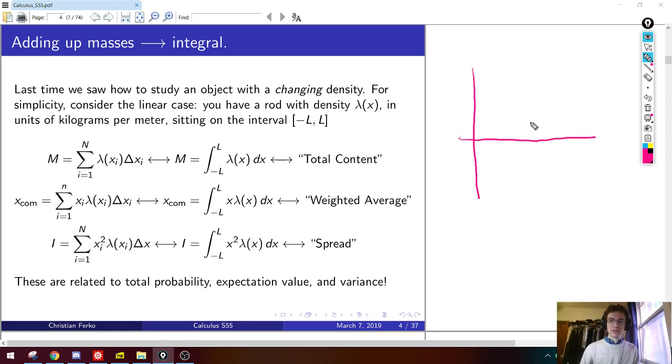So what I invite you to think about here is some rod, which I'll draw. Maybe I shouldn't draw it on the same axis. I'll draw a rod in blue, like this, which we think of as being effectively one-dimensional, and maybe there's some places where it's not very dense, but then maybe in the middle there's this very dark coloring where it means the rod is denser or something, and then maybe it goes back to being less dense at the end. And you ask, how do I characterize the mass distribution in this rod?